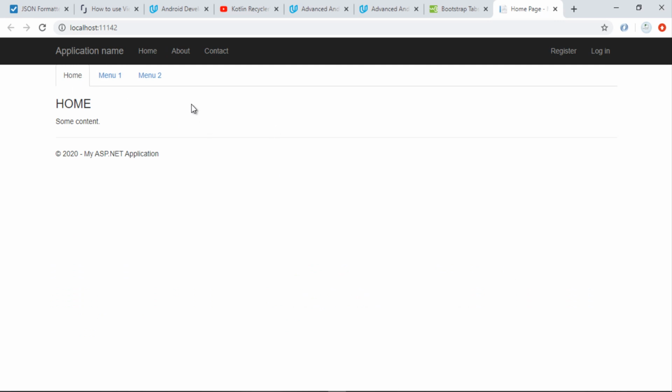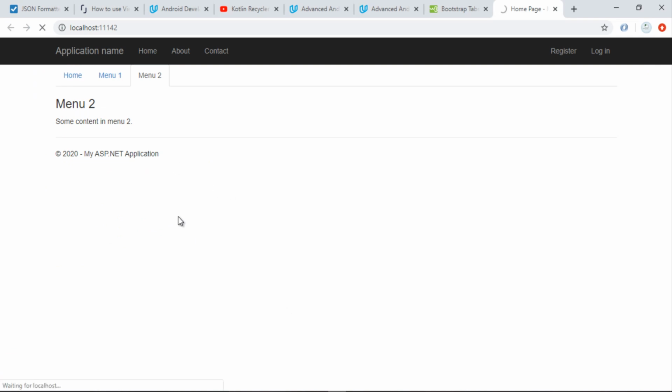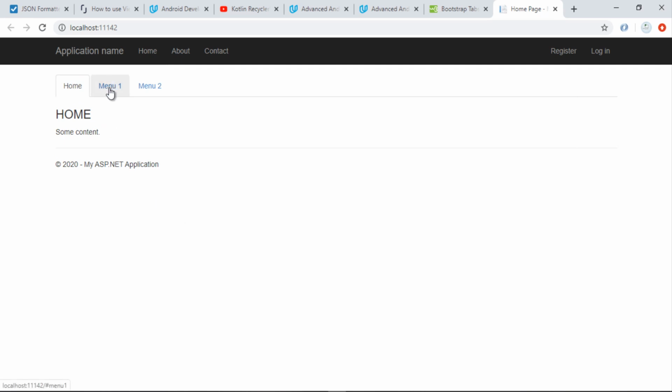As you can see, we have three different tabs and it displays the content according to the click of the tabs. So first of all I will add a line break here for a better view. Now let's refresh it. As you can see, our tabs have been displayed which are static, but what I will do is generate this dynamically, and for this we will create a customer and will provide the customer list, and each customer will have different tabs.